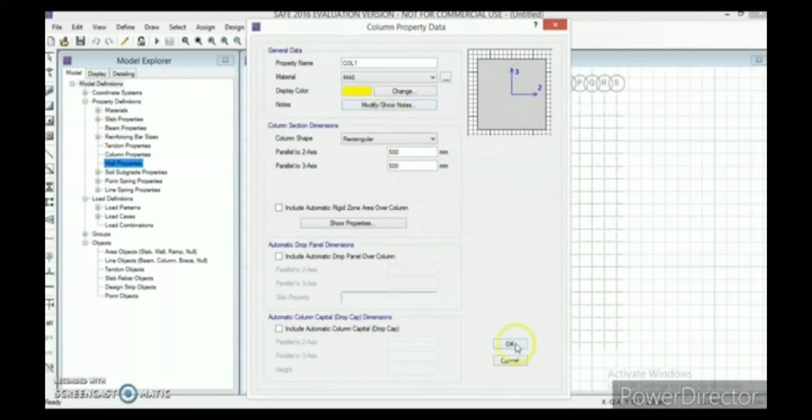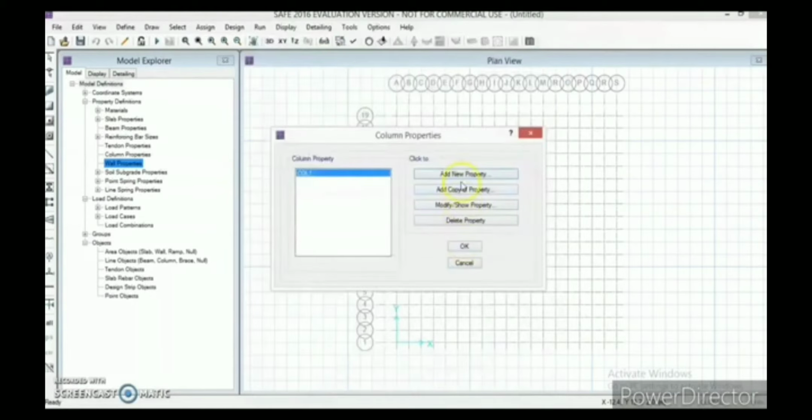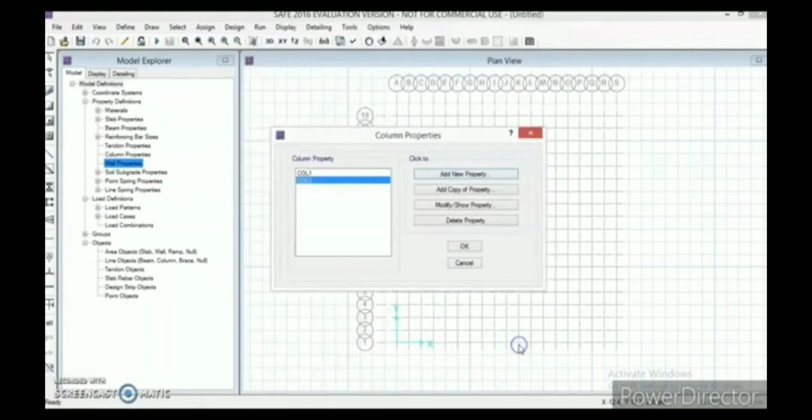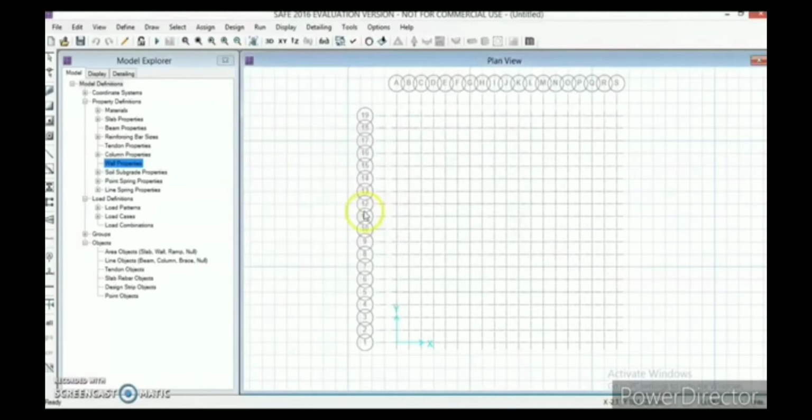Now click on OK, click on add new property, and let us define our second column of M40 concrete, 600 by 600. Now click on OK, click on OK to exit column properties.